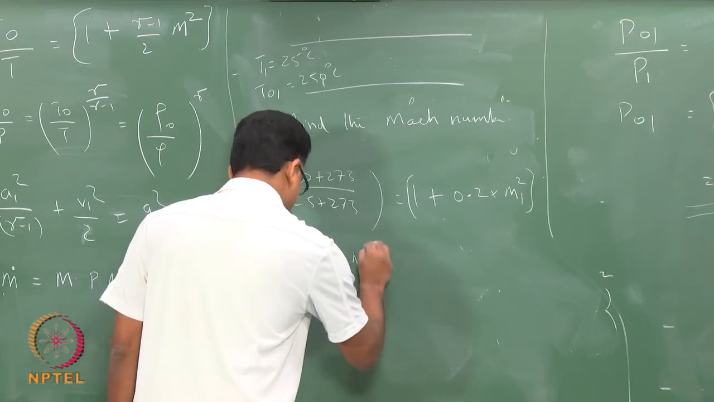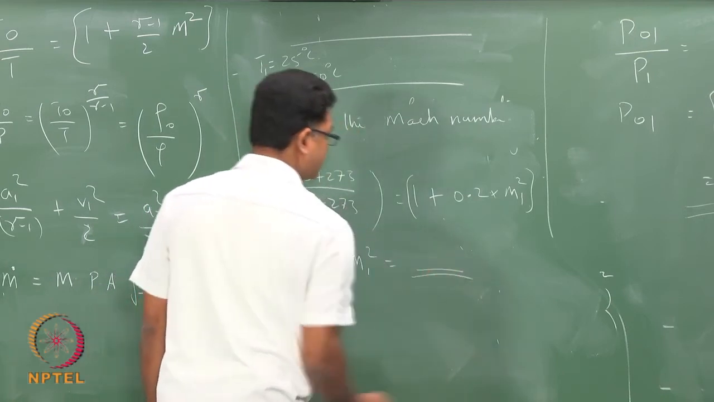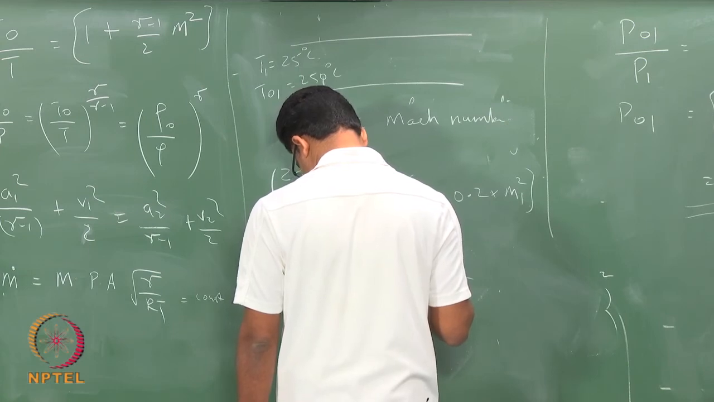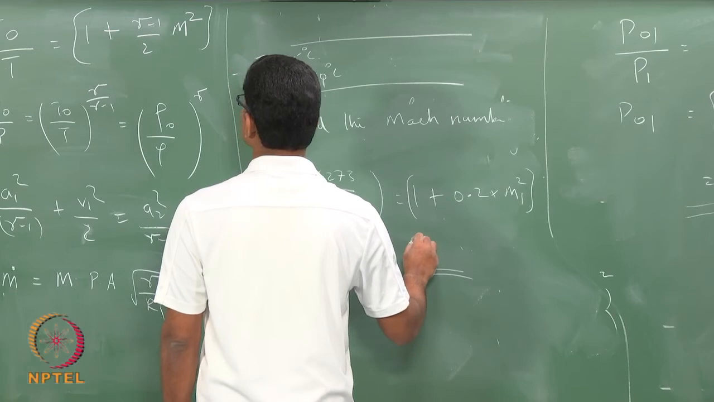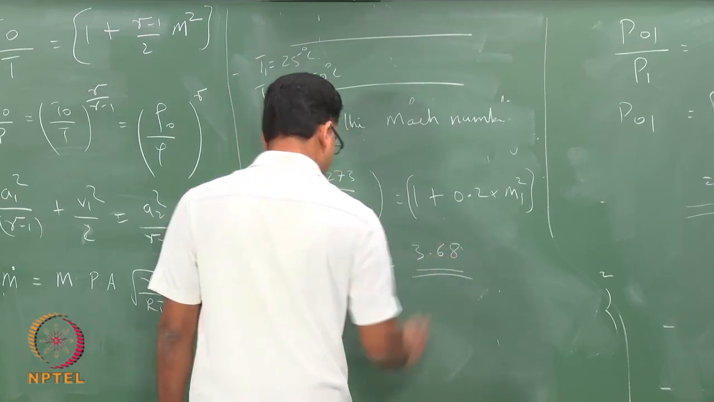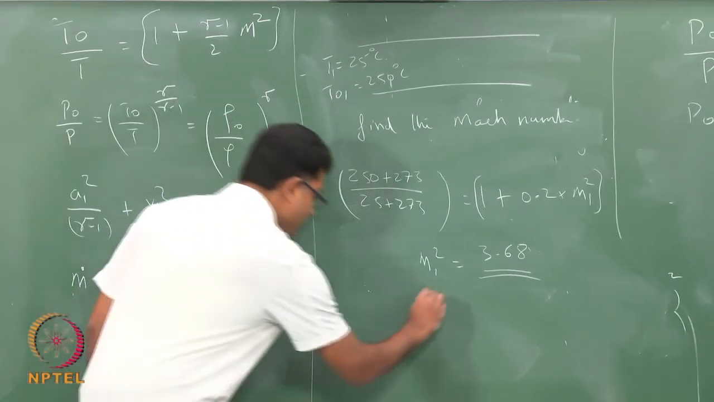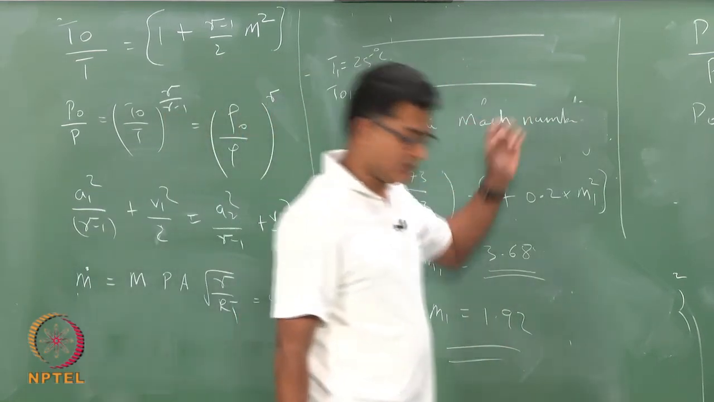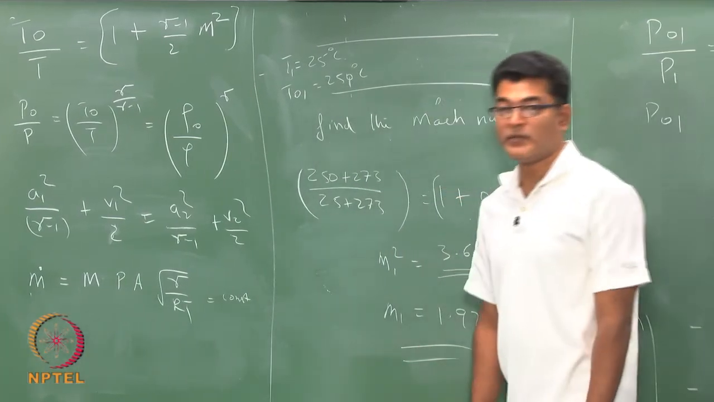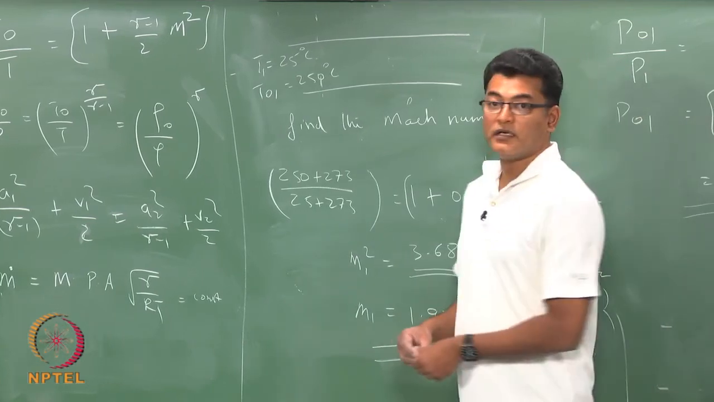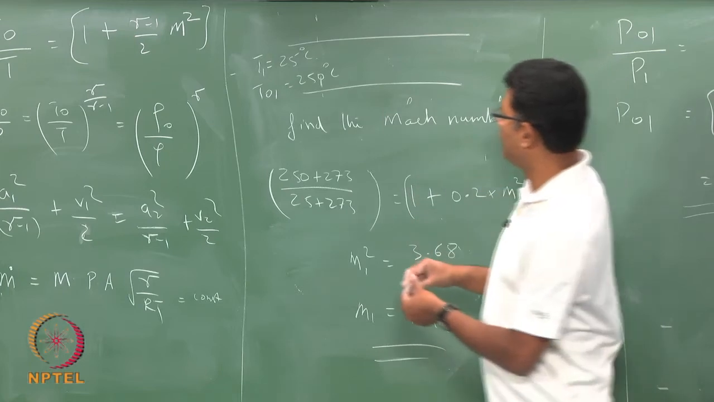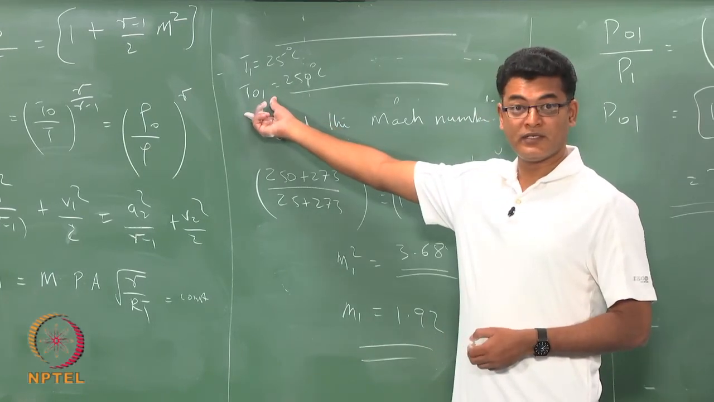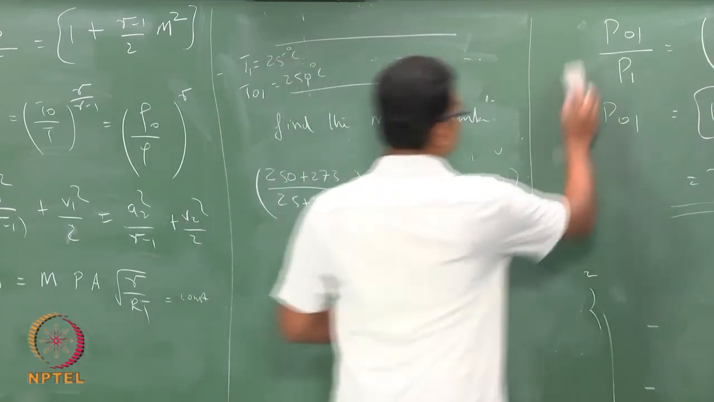So, your M1 square is now going to be around 3.68, as per the calculation I have done. M1 is 1.92. So, if I know these two quantities, I can find the Mach number. Okay. So, in a sense, if fluid is flowing from 1 to 2 and there is no heat, no shaft work, my stagnation temperature is going to remain the same. So, if I draw that in my TS diagram,